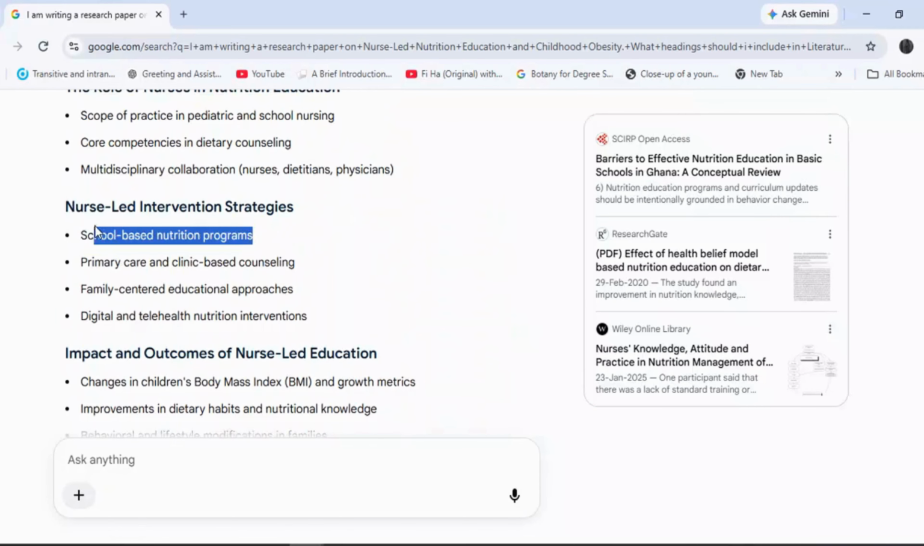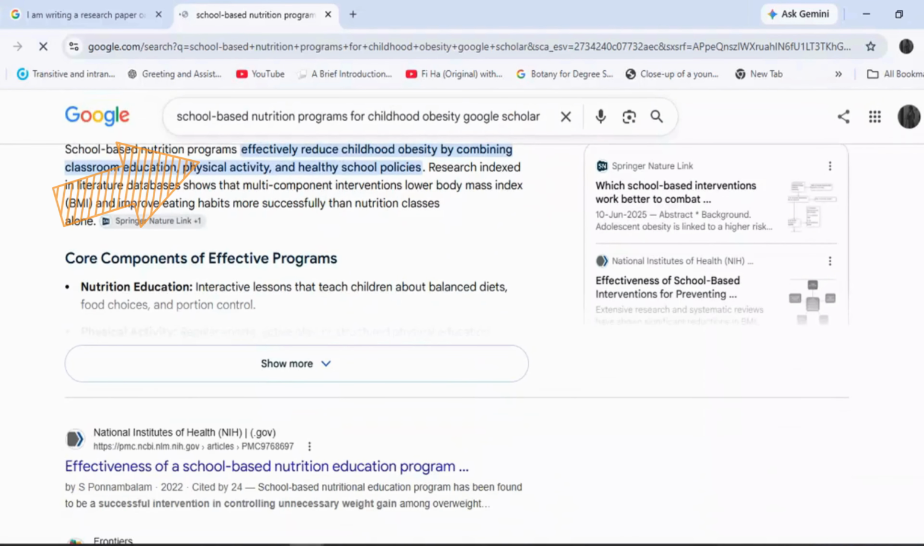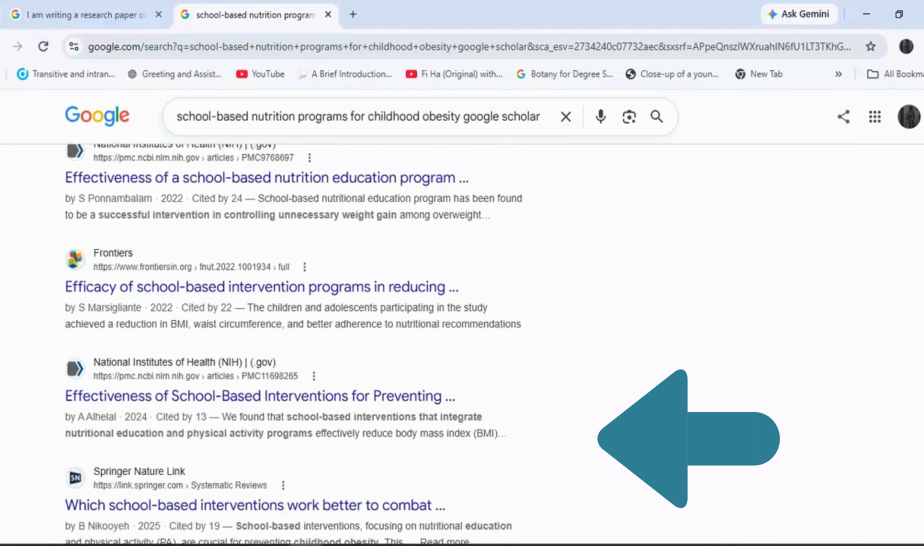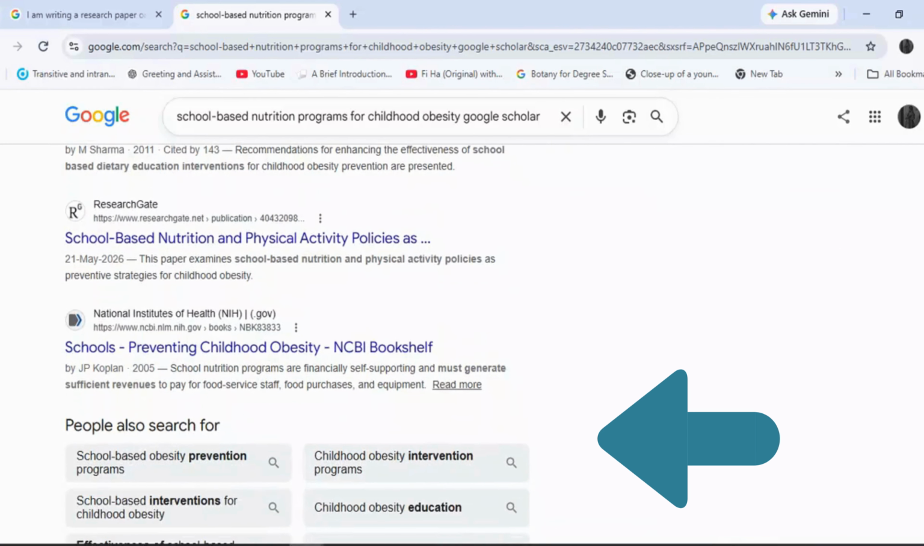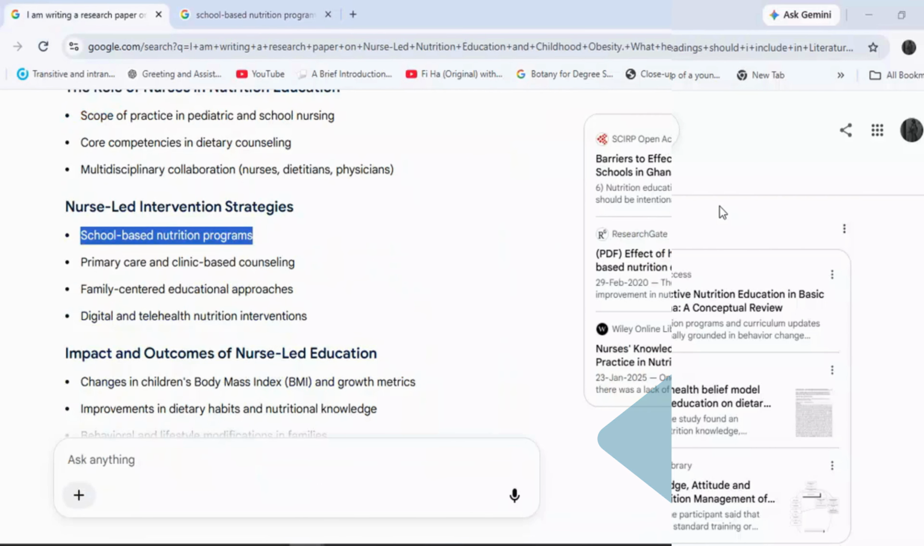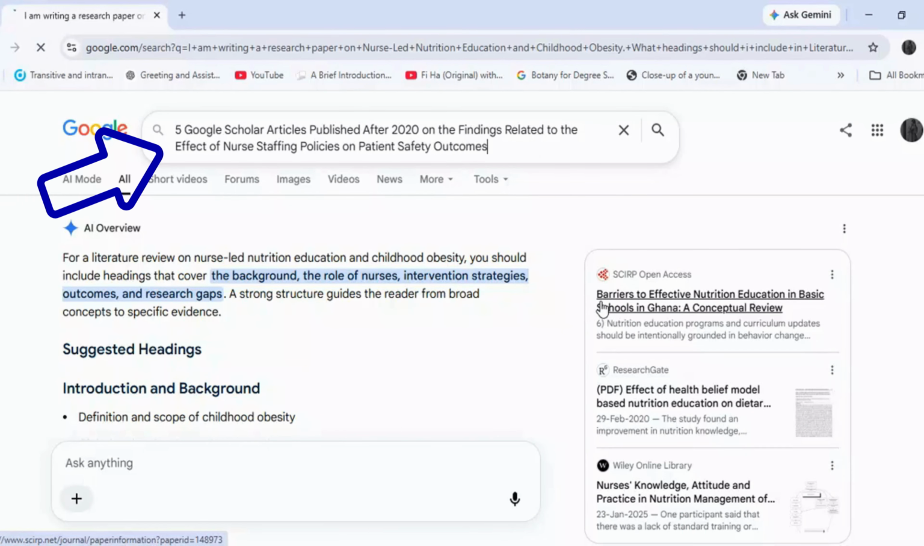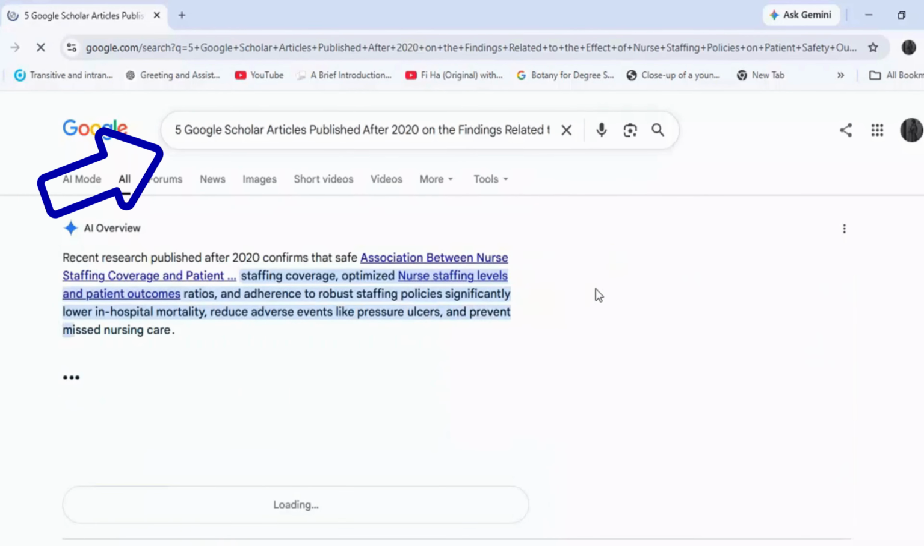Now, instead of struggling to think about what to search for, I can take each of these areas and search them directly in Google Scholar. This gives me a much more organized way to find relevant journal articles and build my literature review. With the help of AI Mode, you can find findings and results related to your assignment question or research topic in minutes. For example, I searched for 5 Google Scholar articles published after 2020 on findings related to the effect